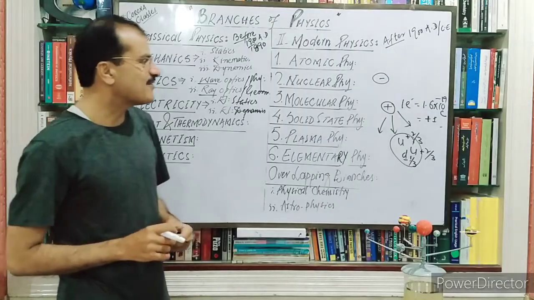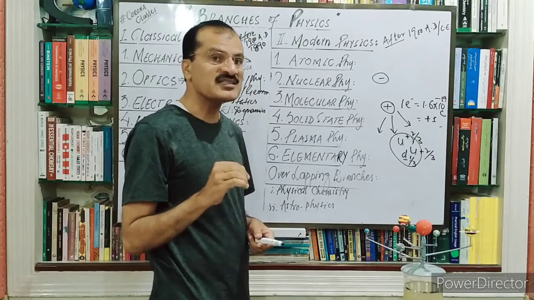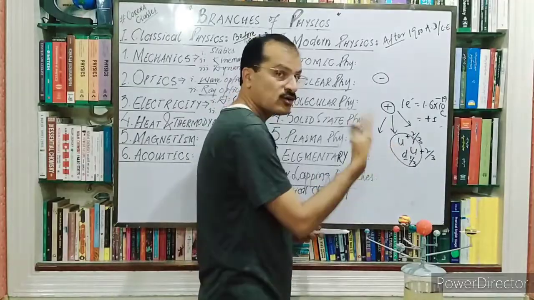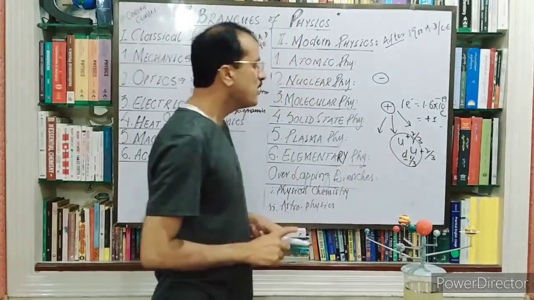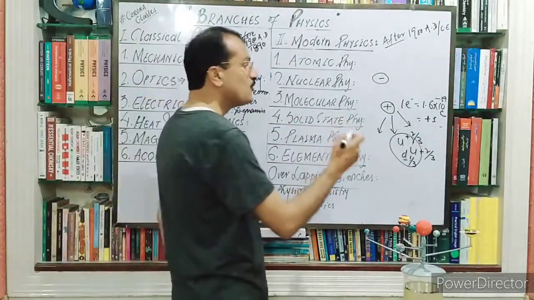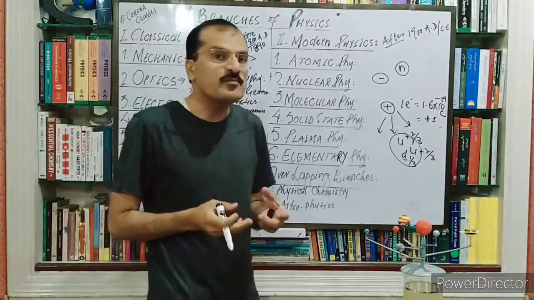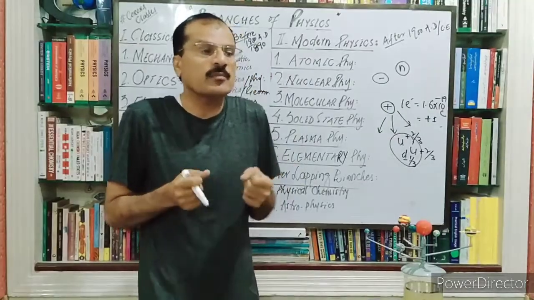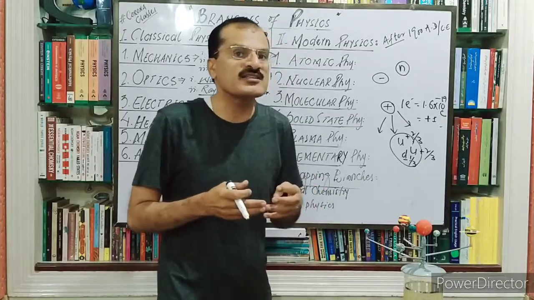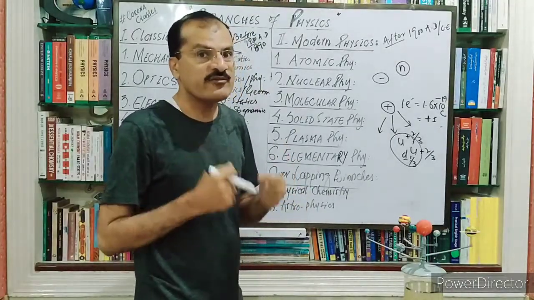So I think it is very interesting that the proton is not an elementary or basic particle. It is further divided into three quarks, two ups and one down, and by the combination of two ups and a down we have the proton. And you know that the neutron is a neutral particle. It has no charge, so it has no basic tendency to attract or repel another particle. That is why it is known as the neutral particle, and it was named the neutron by James Chadwick.